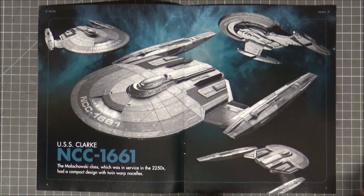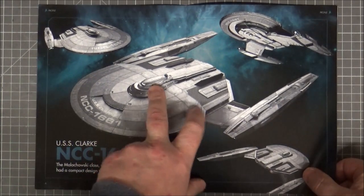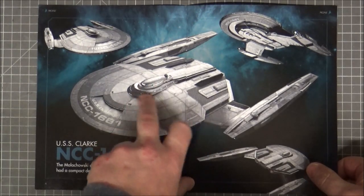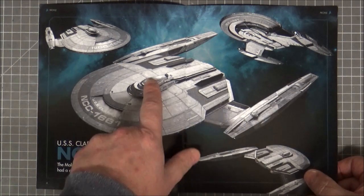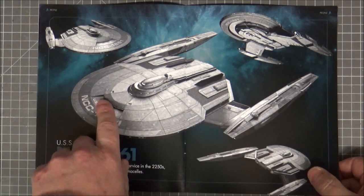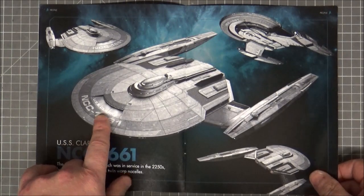It was in service in the 2250s. Had a compact hull with twin warp nacelles. That bridge dome looks different. Very, very long. Unless that isn't the bridge. Actually, look at that. This front section here is exactly the same as the Enterprise. We don't have the Enterprise yet,